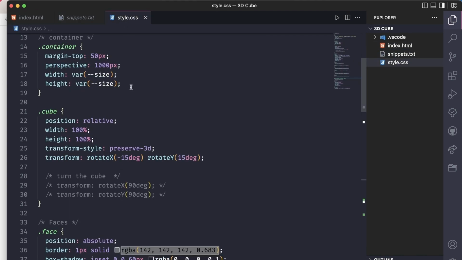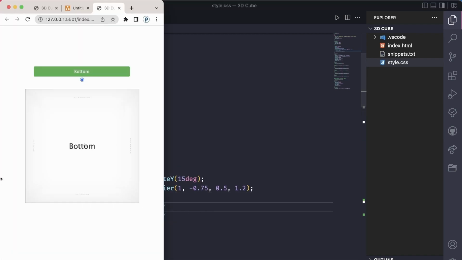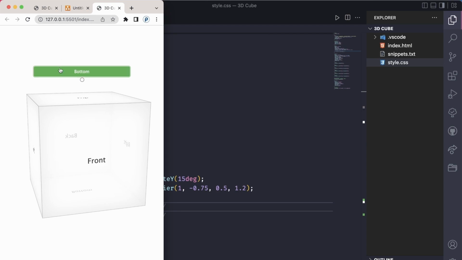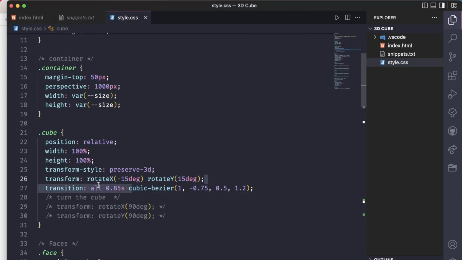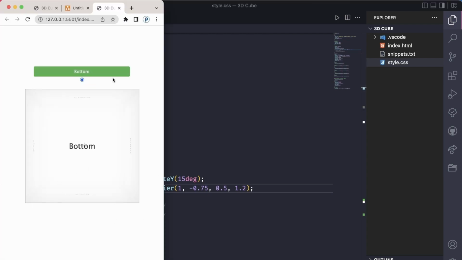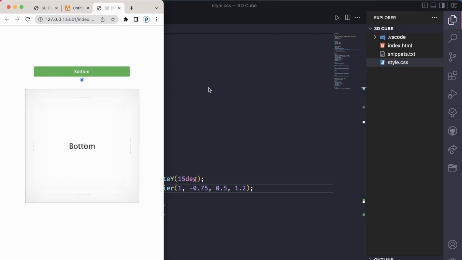So I'll just go to the cube and add it right here, then go back, refresh, and click on bottom, and there we go. So this cubic bezier with 0.85 seconds is going to create that effect, which looks really nice. All right, so now we need to actually place the buttons like this, in 3 columns, all of those side